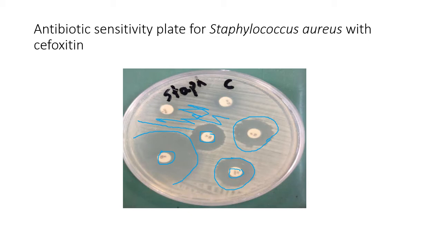However, this is cefoxitin, and if you remember, we've discussed MRSA. When we want to identify MRSA, we use the disc oxacillin, or increasingly the disc cefoxitin, which is more sensitive. Now, if it is cefoxitin resistant or oxacillin resistant, then what do we call this bacteria? We call this bacteria MRSA, that is methicillin resistant Staph aureus.